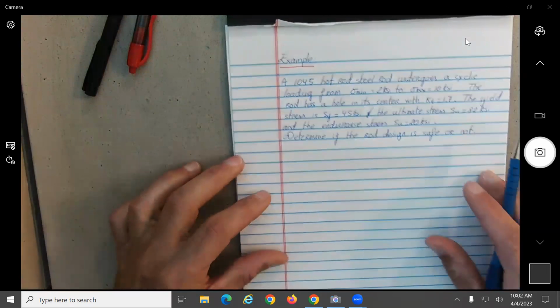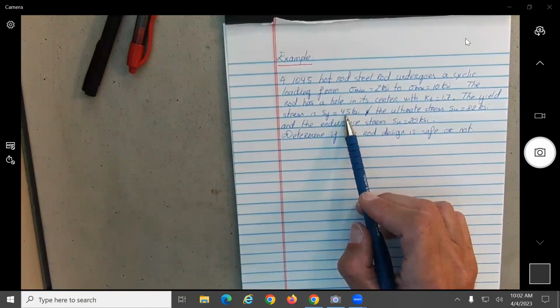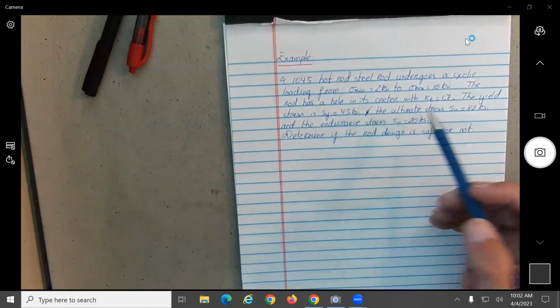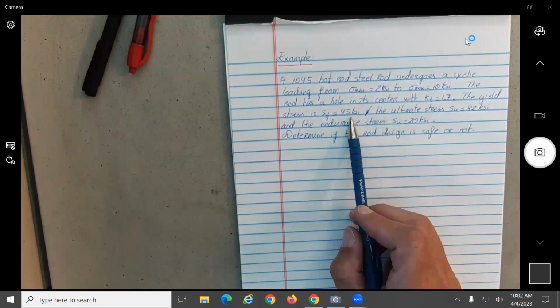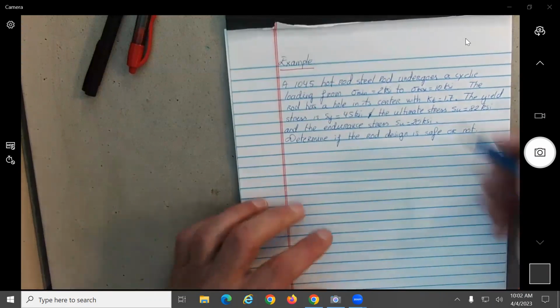Okay, so here are the questions. The yield value, we know, is one of the limits of the linear properties of the material. Then we have the ultimate. You see this one is 45. Does it make sense that the ultimate is much higher than the yield? When you look here at the figure,